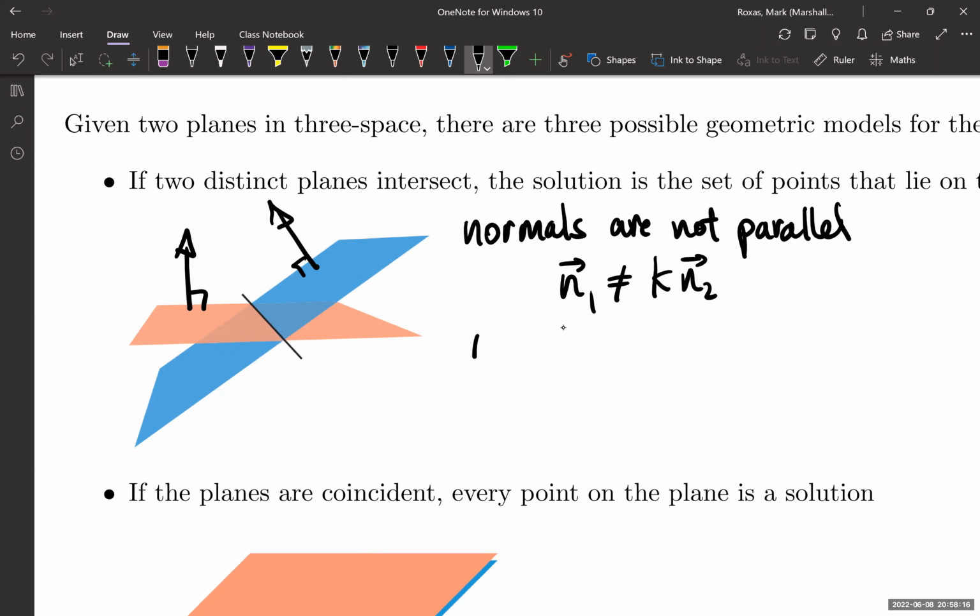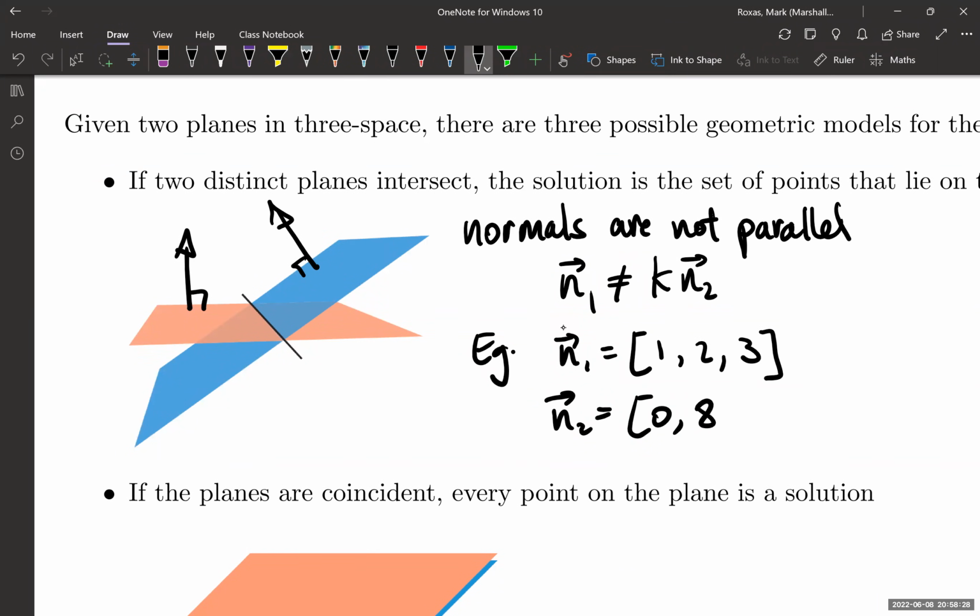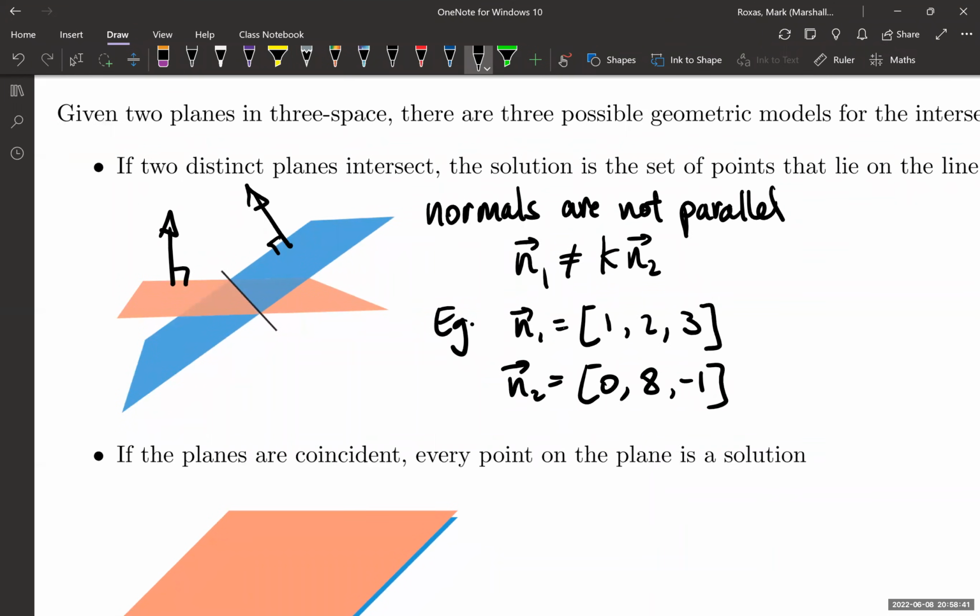As an example, you could have a normal vector given as, let's say, some arbitrary numbers, 1, 2, and 3. And if the other vector is not a scalar multiple, such as 0, 8, and -1, well,